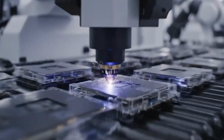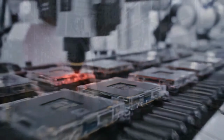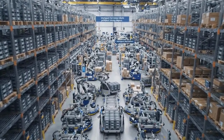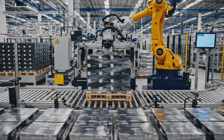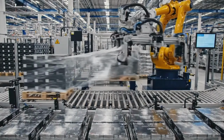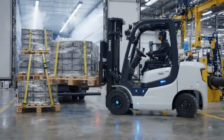Every processor receives a unique identification code, allowing complete traceability throughout its entire life cycle. After passing every inspection, the finished processors are carefully prepared for worldwide distribution, ready to power